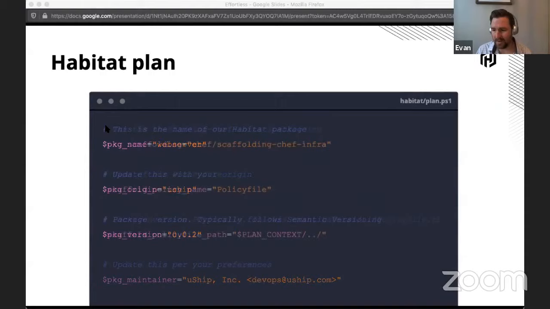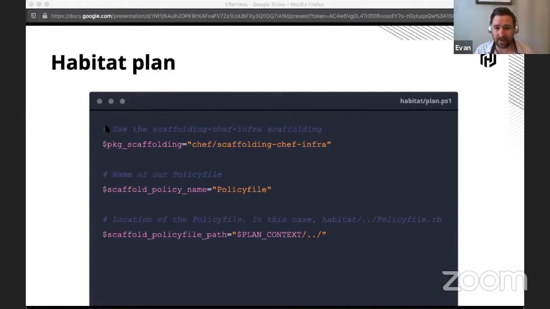The second part is what's important. So we're pulling in the package scaffolding, and basically it does all of the heavy lifting underneath the hood. You don't have to worry about that. You can obviously go look at the scaffolding and see what it's doing, if you were curious about how it's actually built, but you can leverage all of this scaffolding.